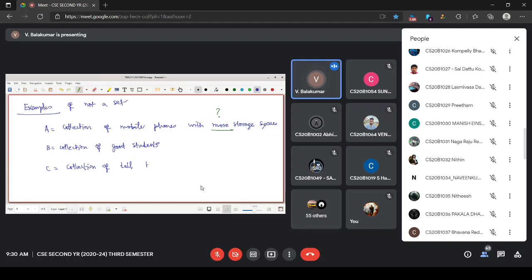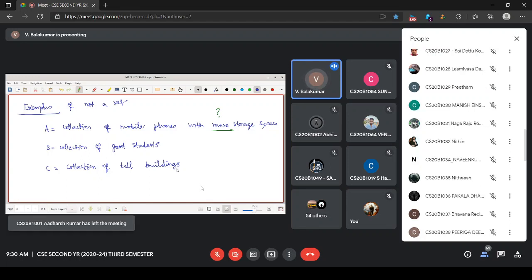Collection of tall buildings. So somebody would say the old LIC building in Mumbai, I hope. Nowadays they say Burj Khalifa, or that name I forgot. But this tall is unable to make any decision. Tallest you can say, a single building will be the tallest one.